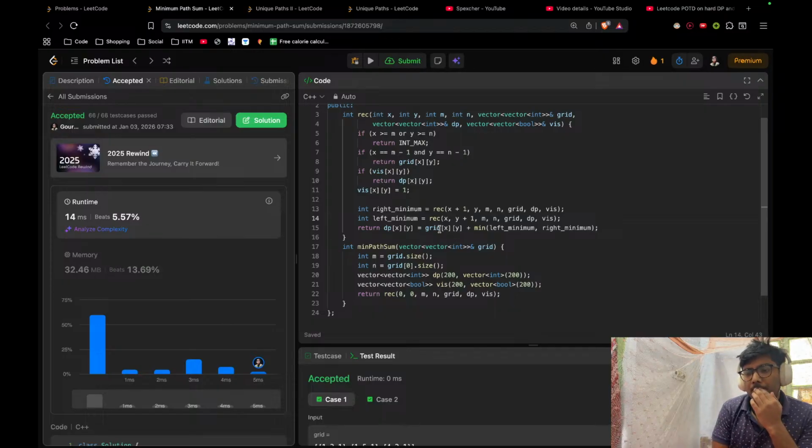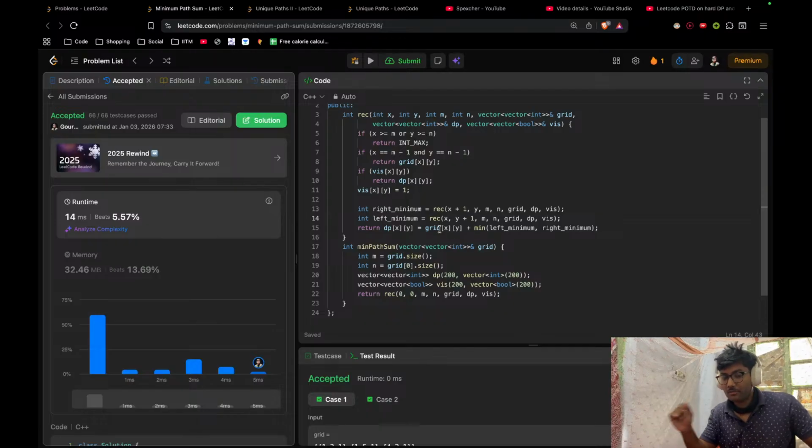Because that means I am on the end, because there is no left way, there is no right way. If x plus 1 is out of bound but y plus 1 is not out of bound, that means I am somewhere in the bottom. So I will return right